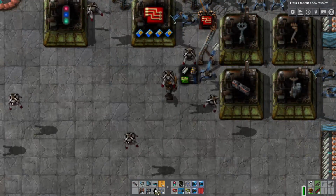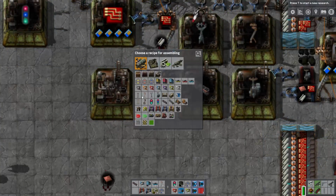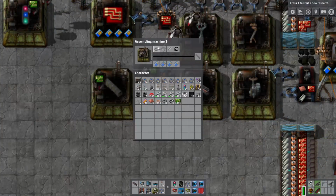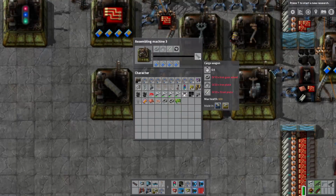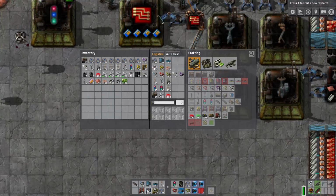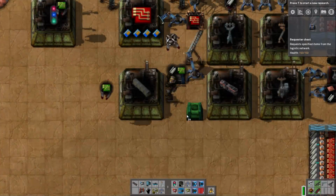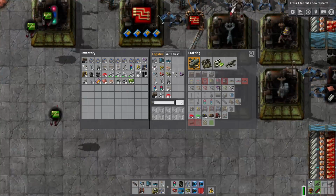Then we also need one. You can do it like that. And you are going to make cargo wagons, and you need 10 gears, 20 plates and 20 steel. So we would place another blue one. It would let me place another blue one, and then